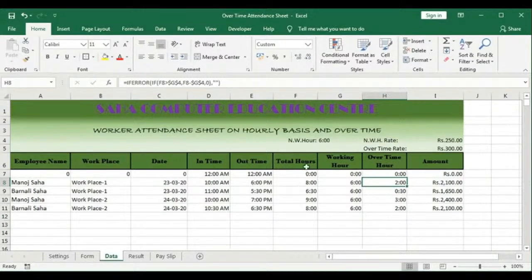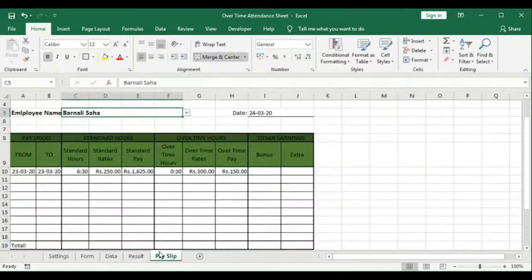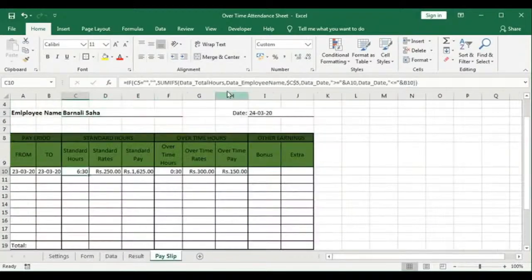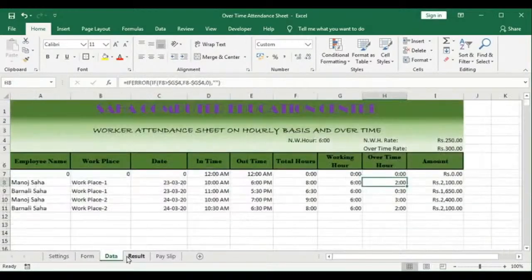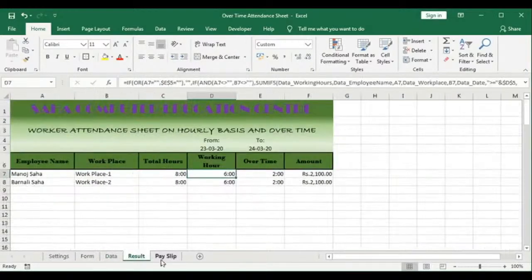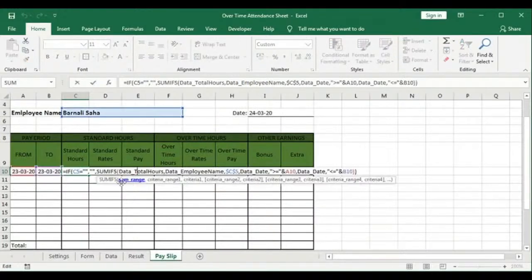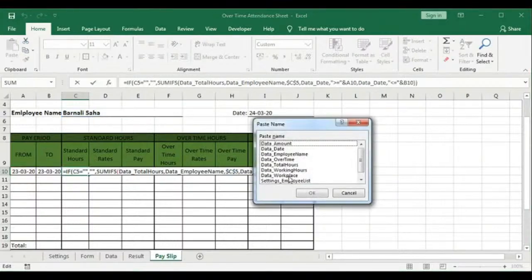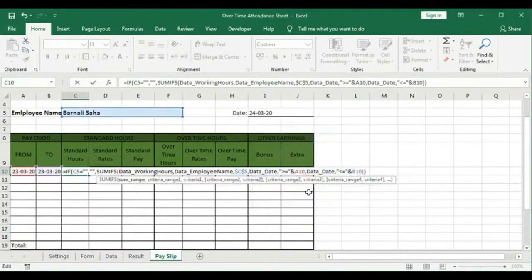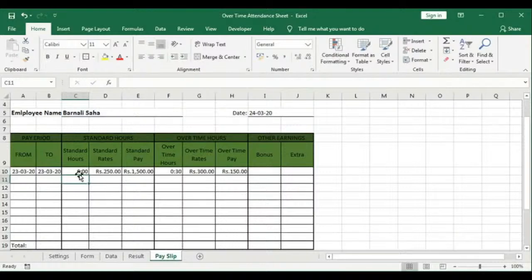So I think here I have taken the formula for total hours, but it should be for working hour. So here the formula I have given is wrong. In place of sum range, you have to put working hour. Now it's okay, 6 hour, 250, 1500. Okay. So if I put here